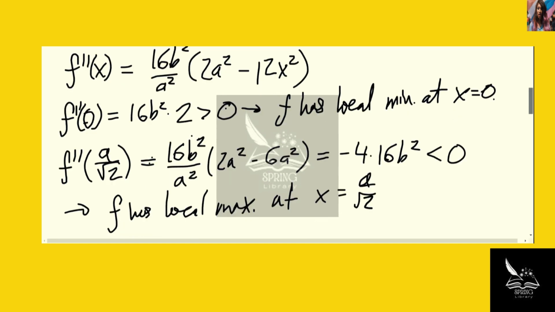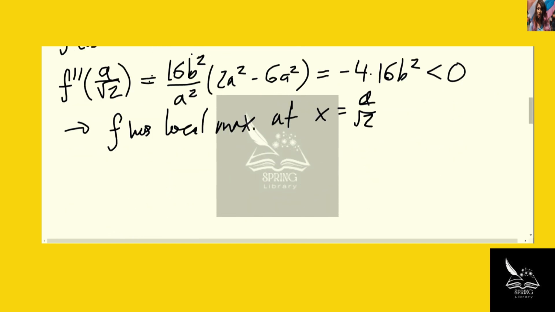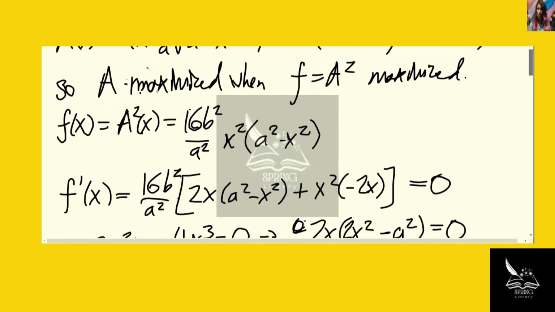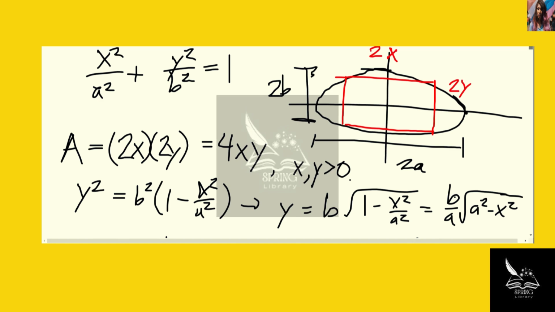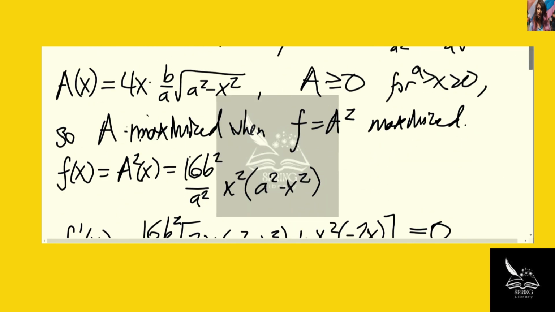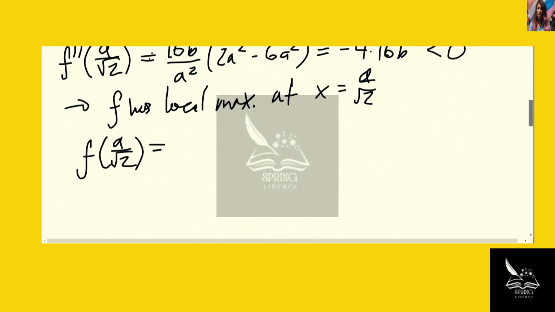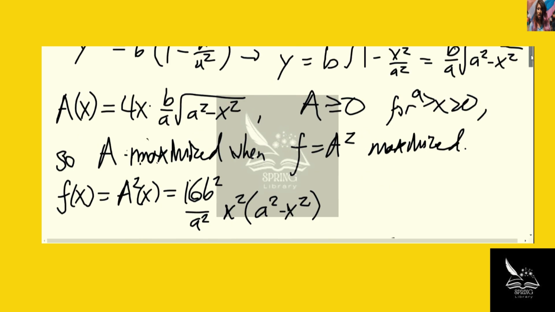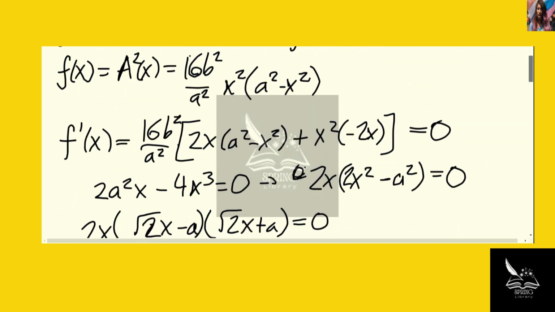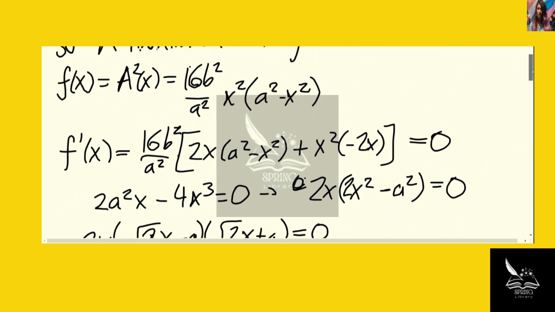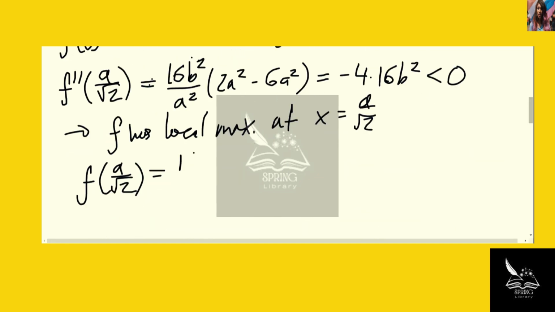Now let's compare the value of f at a over root 2 and the other endpoint, x equals a. So f of a over root 2, this is 16b squared over a squared times a squared over 2